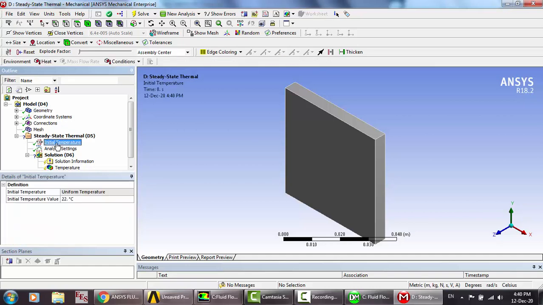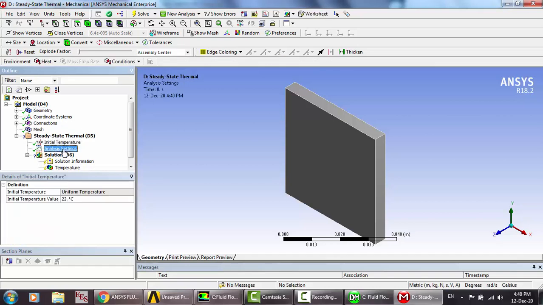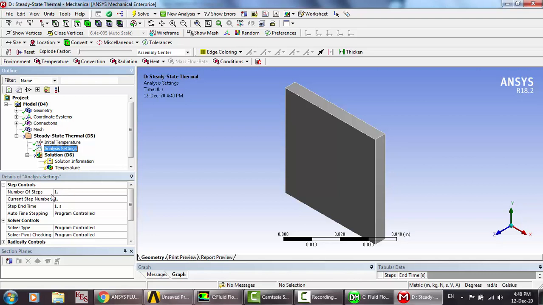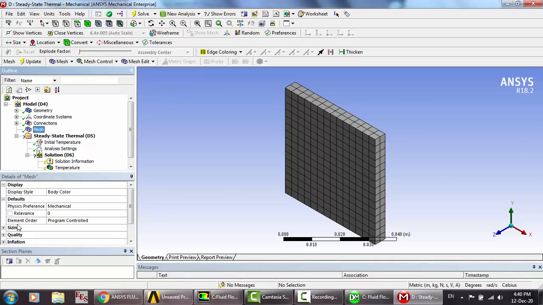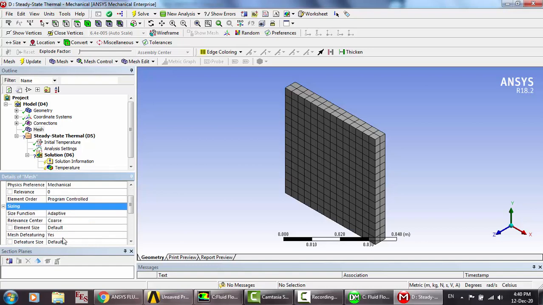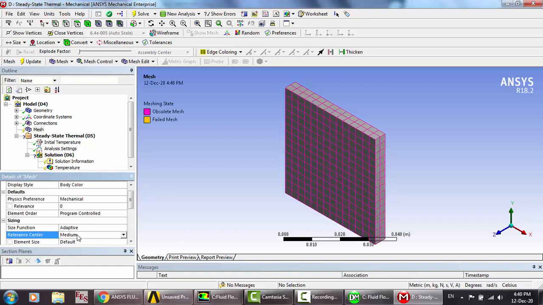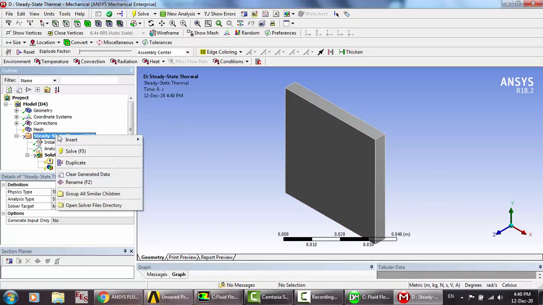So we have here the initial temperature 20, just initial temperature, the ANSYS setup. Number of steps is just one, current step. I'm not gonna do anything. We have here generated the mesh, just sizing. I made it coarse. You can make it fine, and we're gonna add